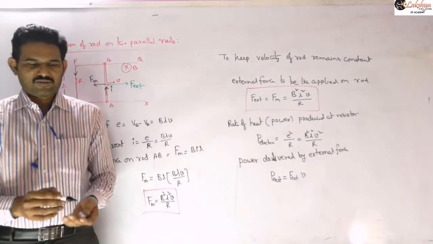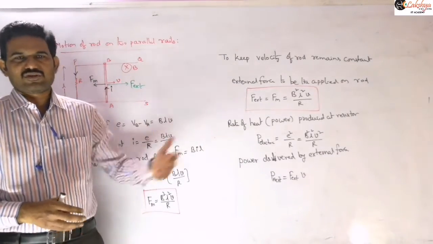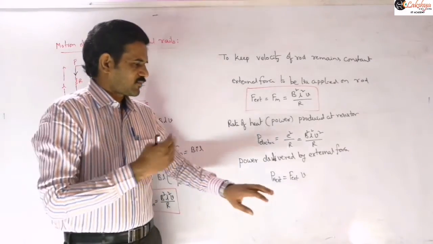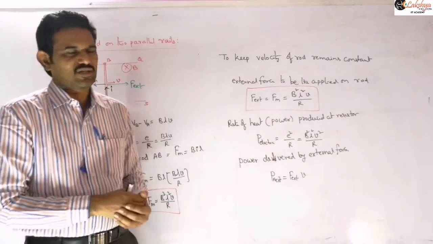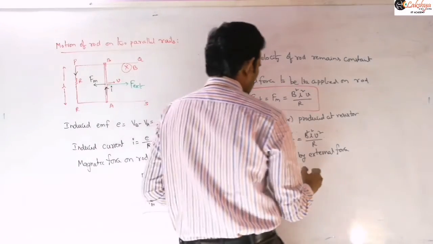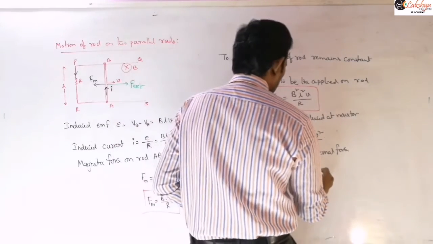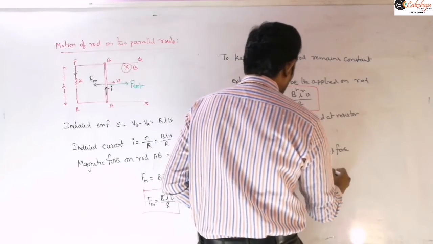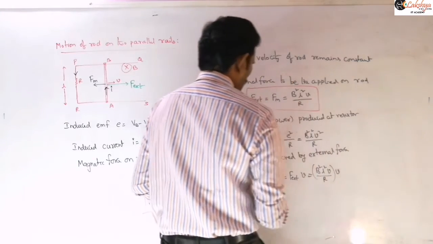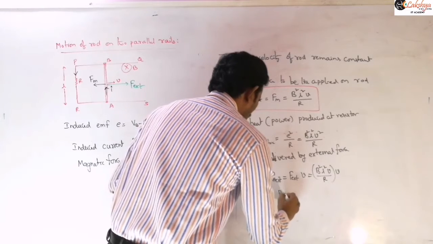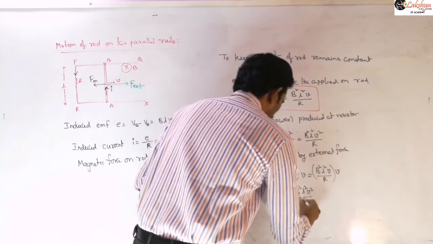That is generally our power formula in mechanics, which we discussed in applications of the dot product. In work, power, energy, we discussed that in first year, so all of you know this formula: force into velocity is power. Now this external force is nothing but B square L square V by R, and this is our external force into this V. Therefore this power is B square L square V square by R.